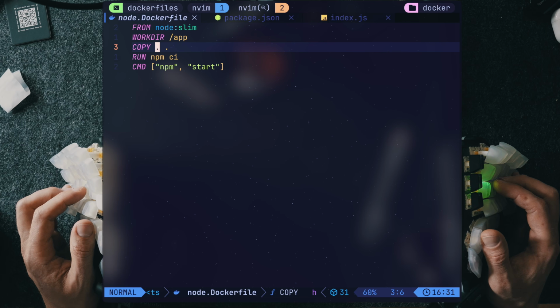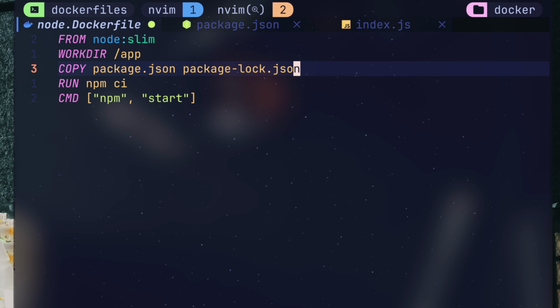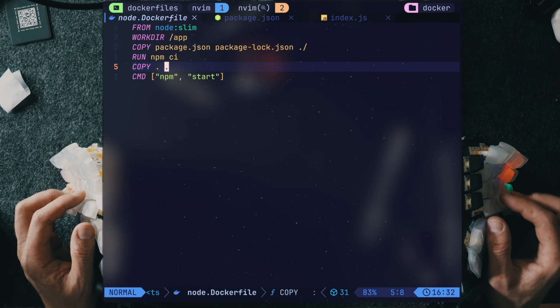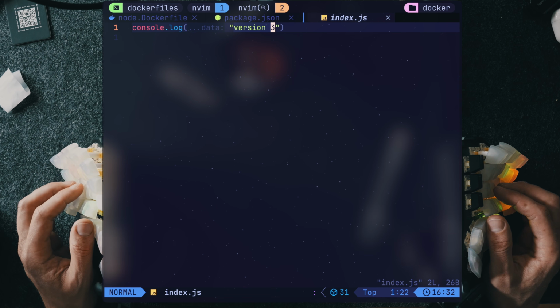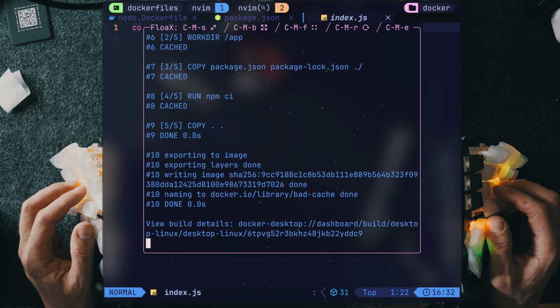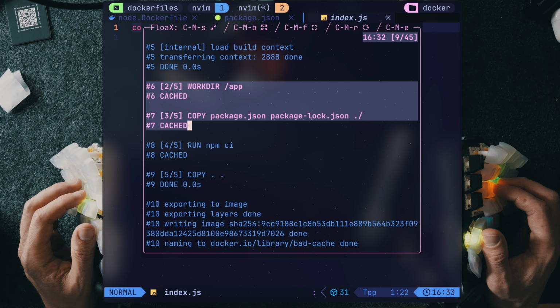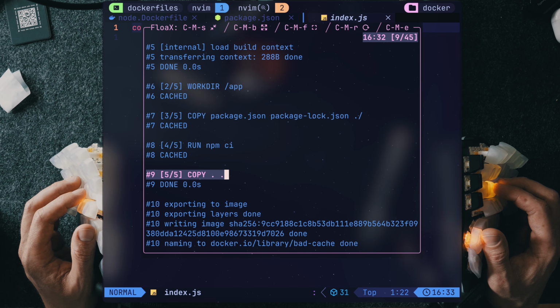Let me show you. So our very first step would be copying what matters initially, the package.json and the lock file, then installing npm. From this point, we add the COPY all, which usually takes care of the code itself, meaning if we made code changes, this does not invalidate our npm installation process. Now, changing to version 3, which is again a code change, docker build has almost everything cached, from WORKDIR through copying package files, and yes, npm ci takes nothing because it's cached on disk.